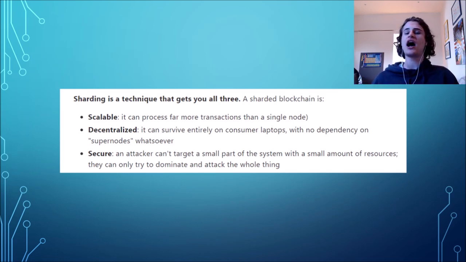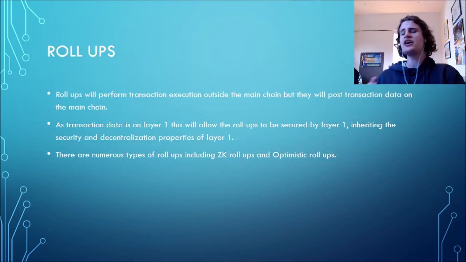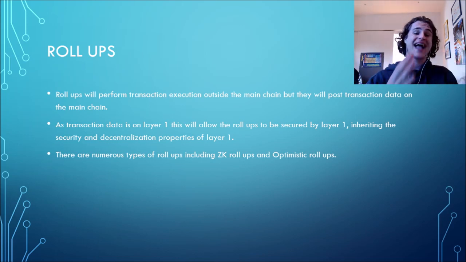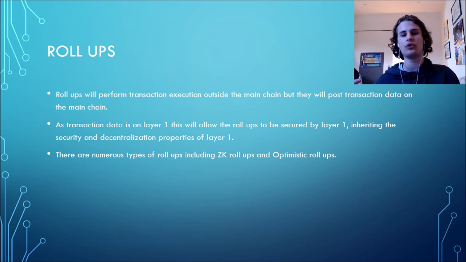So overall, sharding is one of the big updates coming to ETH 2.0, and this should make a lot more transactions go through and still make the network decentralized. So, sharding is the second big part of ETH 2.0. However, sharding needs to be matched with something else to make the network even more scalable while still preserving decentralization. Sharding is going to be matched with rollups on Ethereum 2.0, making the network 10,000 times as scalable.